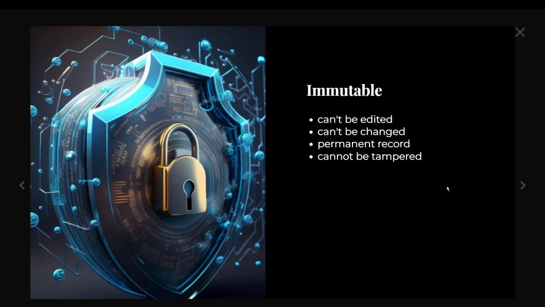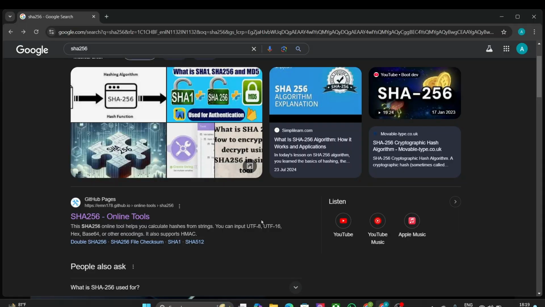So let's see what security is. For security purposes, blockchain uses something called cryptography. Cryptography is nothing but encryption and decryption of the data, in simple terms. It is not an exact technical definition, but for now we can say it is the encryption and decryption part of security. For this, blockchain uses a tool called SHA-256. If you search Google for SHA-256, there are other encryption and decryption tools in the market as well, but the Bitcoin blockchain uses SHA-256.